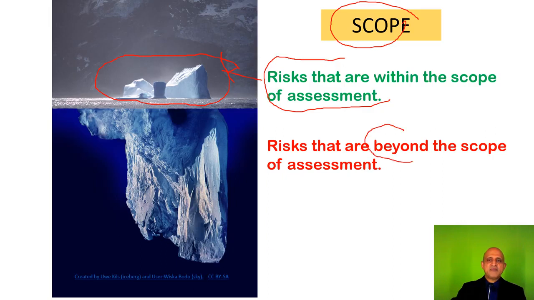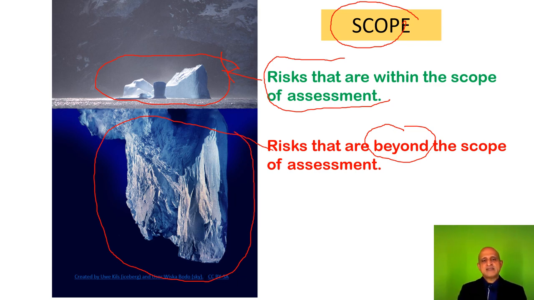However, there are risks that are beyond the scope of the assessment, and this is what you do not see. For instance, if you are working with a risk group 2 biological agent, and one of your laboratory workers has an allergy which he or she has not reported earlier because they were not aware of it, exposure to this RG2 biological agent can cause morbidity or even mortality. So these are risks which you must anticipate, but they are what are known as unknown risks that are beyond the scope of assessment.